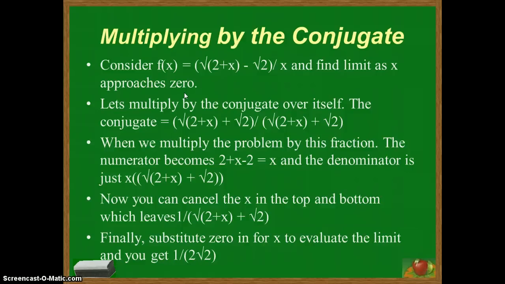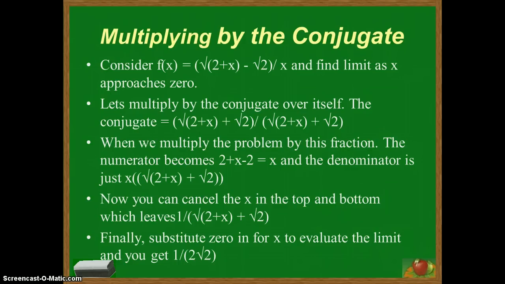If you remember, the conjugate is just the same term but you change the sign. So for example, in this case, the numerator is the square root of the quantity 2 plus x minus the square root of 2. The conjugate of that would be the square root of 2 plus x plus the square root of 2. So we're going to multiply by the conjugate over itself, which in fact, that fraction would be equal to 1. So you can see I have the conjugate listed here. When we multiply this problem by the fraction